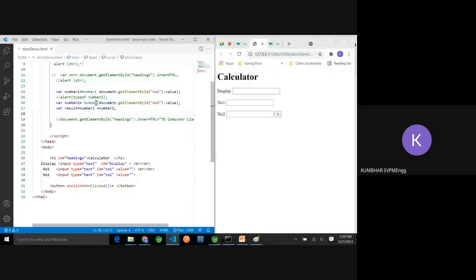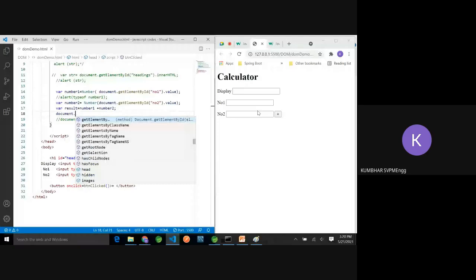I don't think it is that much difficult. Where display? Variable display. No. See, result is with me. Result is with me in the result variable. I want to assign this result to the text box. So why we need the variable? What? Yes, correct. Document. Yes. Dot. Right. Get element by ID. And what is the ID? I want to access this text box. So I will check the ID of that. That is the display. Display.